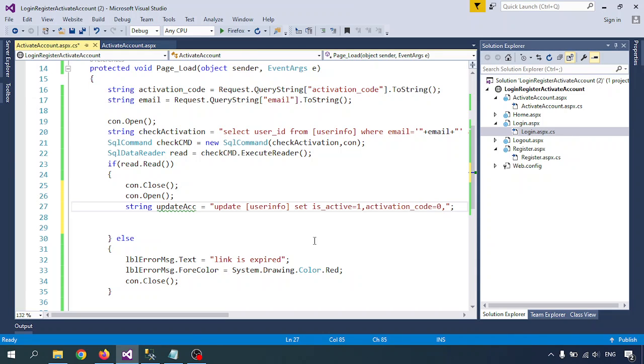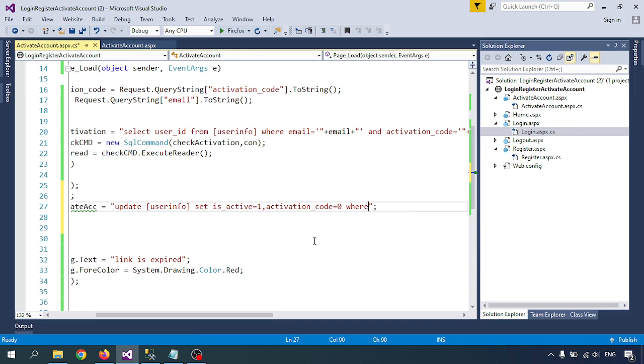That's enough. So is_active is equal to 1, activation code is equal to 0, then where condition I'll write where email is equal to